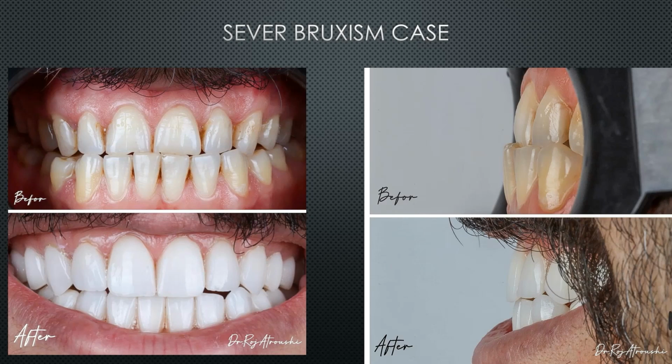But the patient was demanding a cosmetic result. He wanted veneers on the anteriors. So we made him veneers. And of course, he's a bruxism patient, and veneers are contraindicated with bruxism. You know, this is a glass ceramic. Zirconia is a white metal, but veneers are glass ceramics. So what we did here,